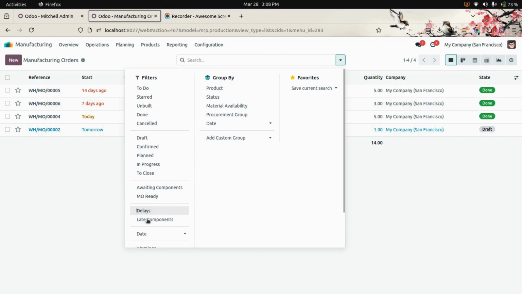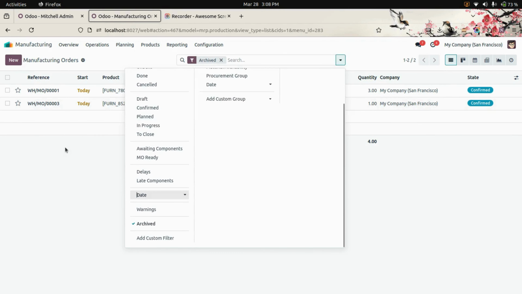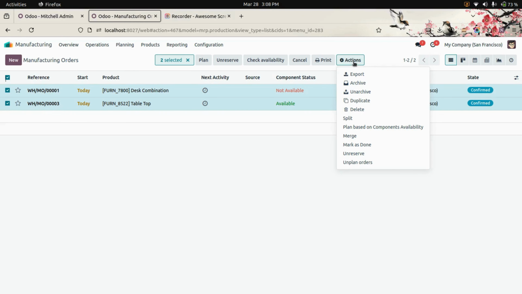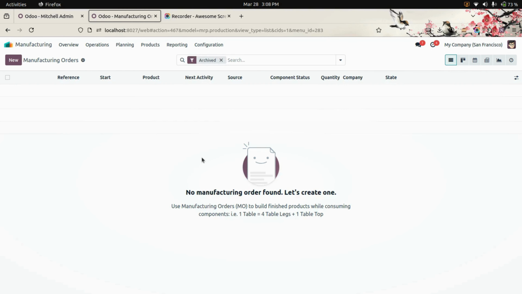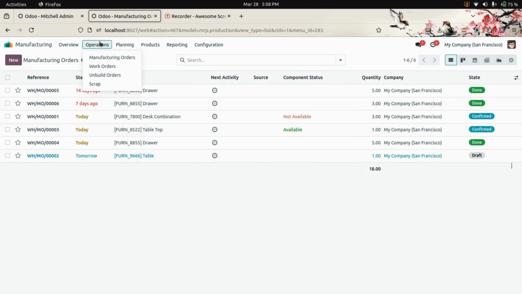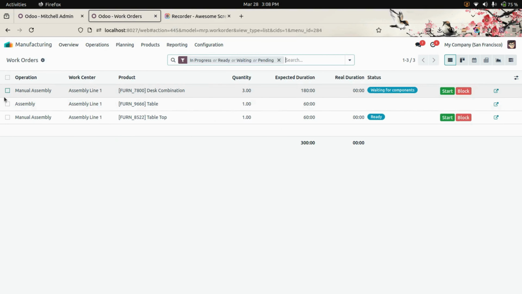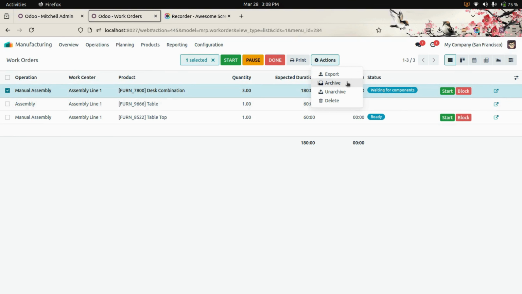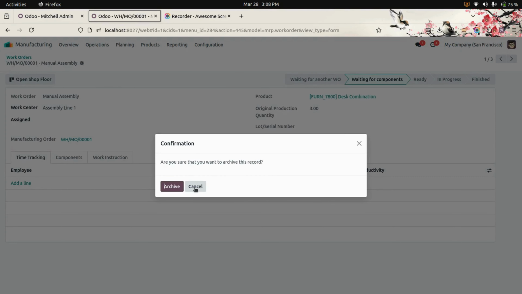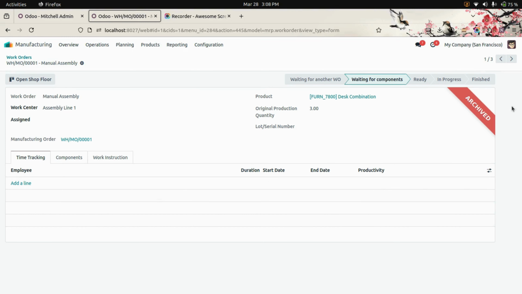Now in this tab you can see an archive list where you can see all the orders. So mistakenly I archived these two, so I need to unarchive them. You can unarchive anytime you need by using the filter option which is available here. In the same way it will work for work orders too. We can archive the work orders whenever you need, and it also works if you get into the form view of the work order. You can archive it whenever you need, and there is a tag which indicates that it is now in the archive state. Okay.